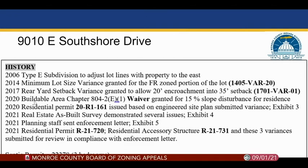performed on the property with the structures, and there were several issues, which I'll go into in more depth. Planning staff sent an enforcement letter, which is in the packet. And since then, the petitioner has been trying to comply with that enforcement letter. They submitted residential building permit R-21-720, which shows the actual building plans for the house that they built. And then they also submitted the residential accessory structure permit R-21-731 for a detached garage that they built without permits, and it does encroach into the front setback, also requires